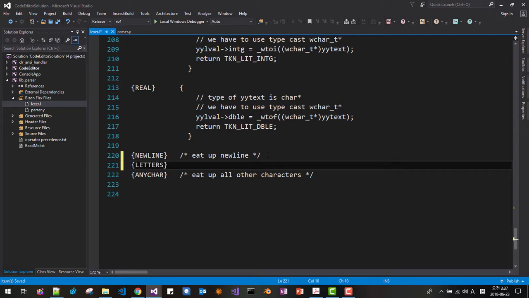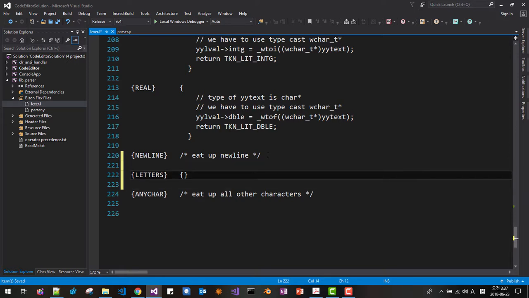Letters, now we are returning here. Letters will be variable names. We need to register this variable name. So if we have to register the variable name string to our database, to do that, click Class View,